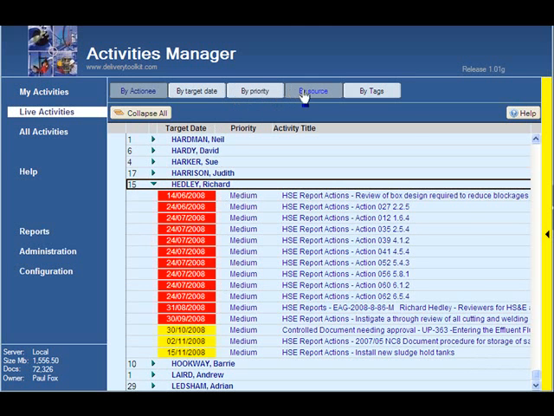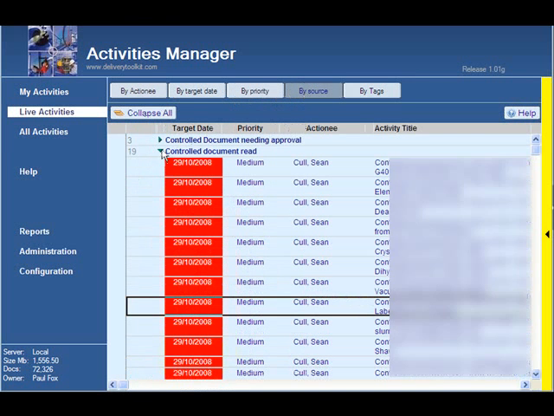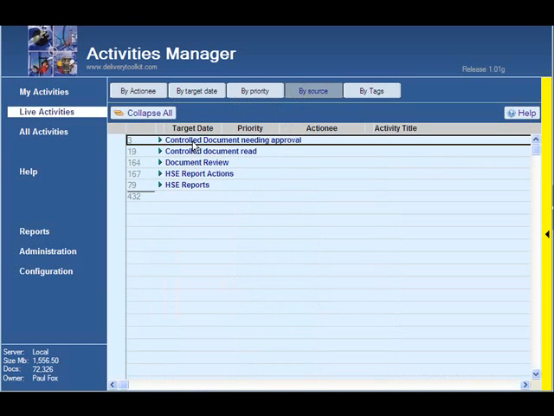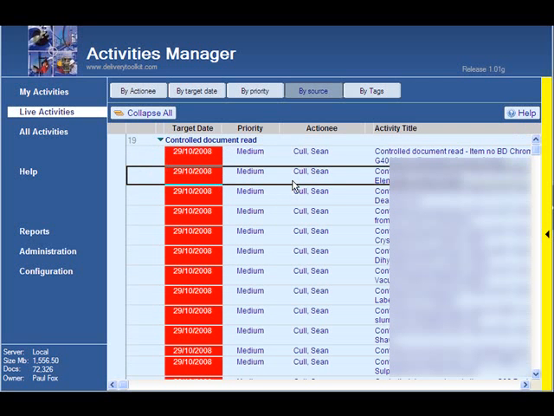We can also look at them by source, and we can see that we have documents here that need approval, so that's automatically being created from the document management system. Documents that need to be read, and they need to be read because we hold a role that requires us to read that category of documents. So if I go in here, you can see that